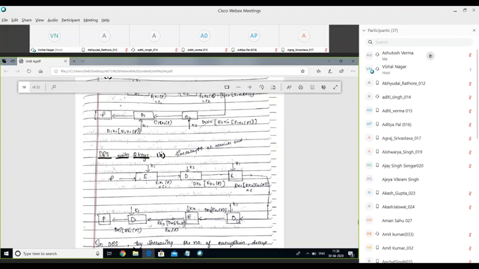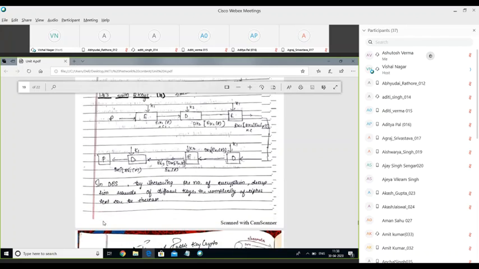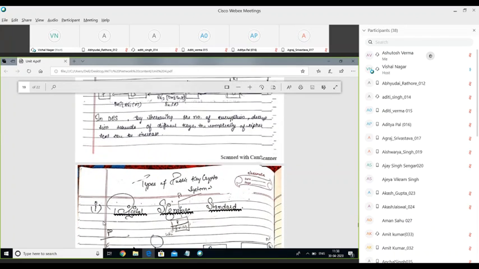On the receiving end, we'll apply the reverse process. Like for this encryption, we are applying the decryption with key K1. For this decryption, we are applying the process of encryption with key K2. Again, for this encryption, we are applying the process of decryption with key K1, and we'll get the original plain text P. So this is the DES with two keys.